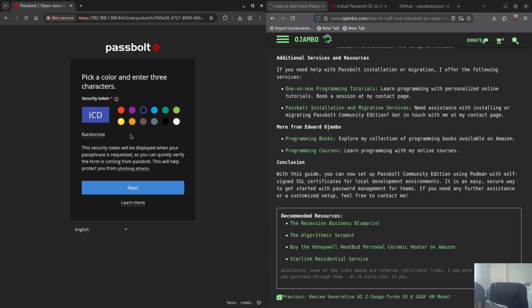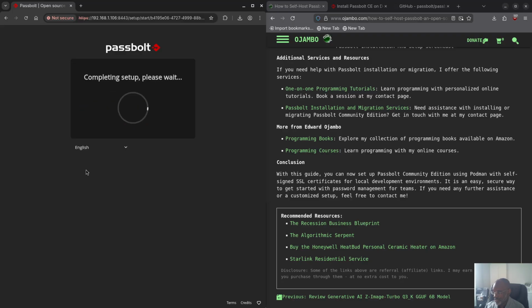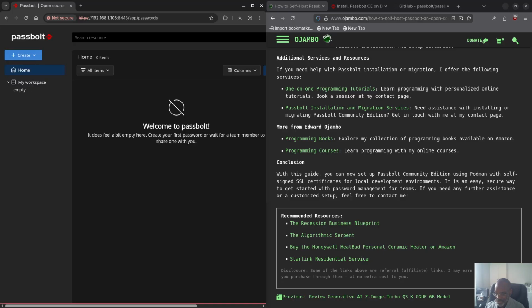Is there an input box here? I don't remember this. Where do I enter? Is it here? Okay, oh, okay. So it's I, C, D. Okay, there we go. Okay, so then I'm inside here. Okay, so now that I'm here,